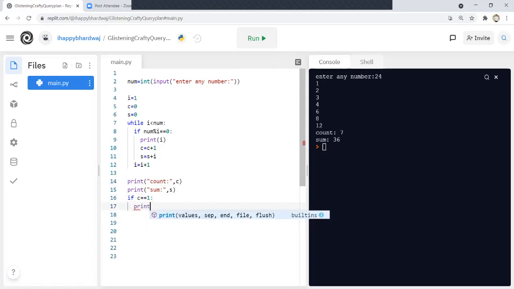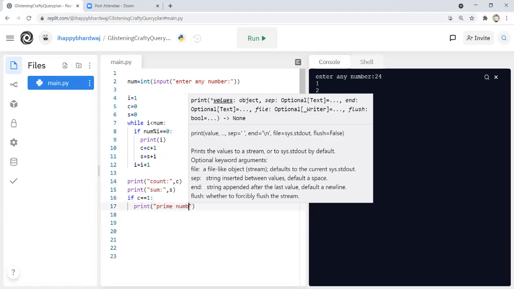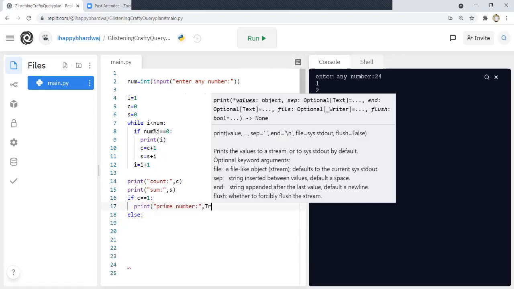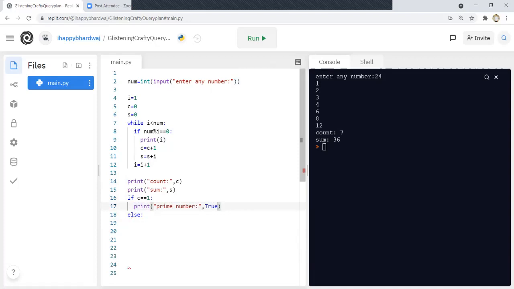So I can print here prime number, true, and then I can add an else condition. Here let me copy paste this. Here I can say false.